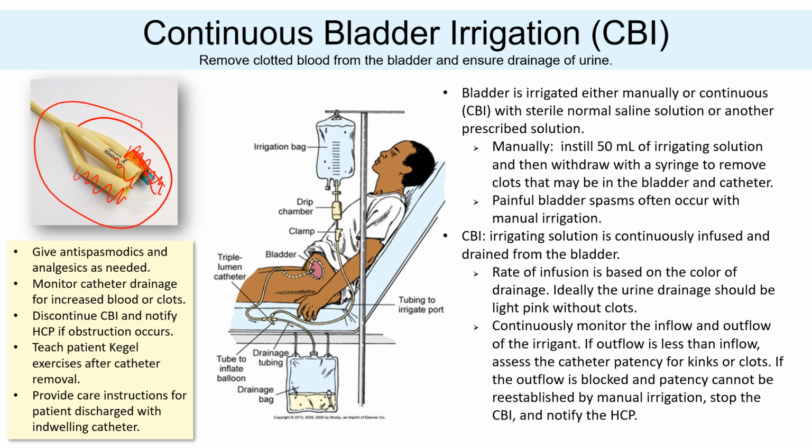Okay, so continuous is usually with normal saline, so normal NS or some other type of solution, but it's typically NS. We're just going to talk about CBI. So you have this really big bag of irrigation fluid. You're going to hook it up, and you're going to continuously monitor the flow. You're going to adjust the drip rate until we get the color that we want output. At first it's going to be bloody looking because you just had the procedure, but over time it should turn to a pink color, and you want to make sure that there are no obstructions in that tube